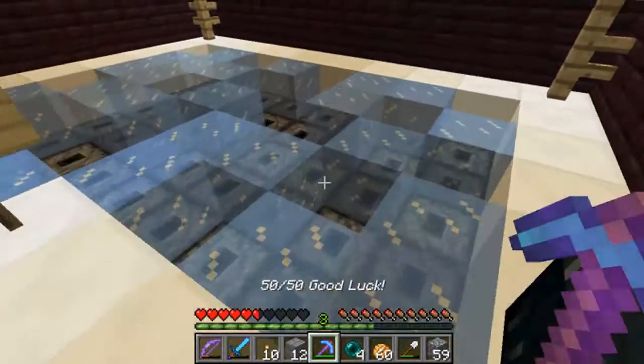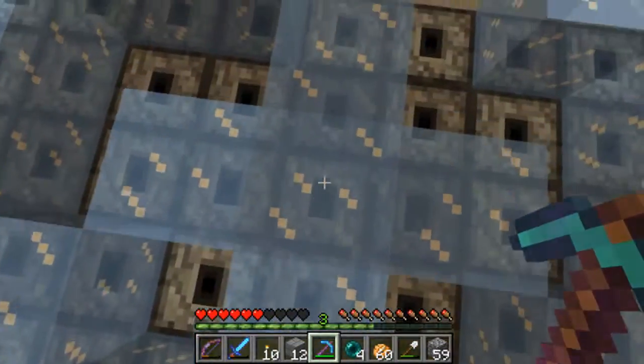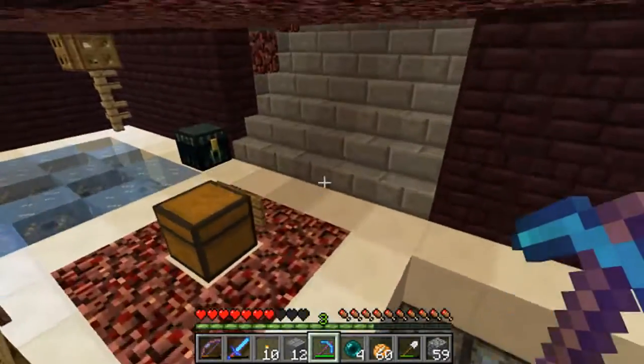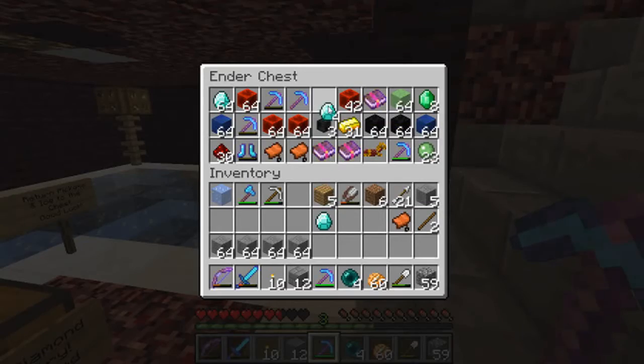Right, let's make sure we only break one. What one should we go for? This one looks like X marks the spot. And what do we get? A saddle. Alright, that's okay. Saddle's pretty useful. I kind of want to have another go, so we're going to try once more and see